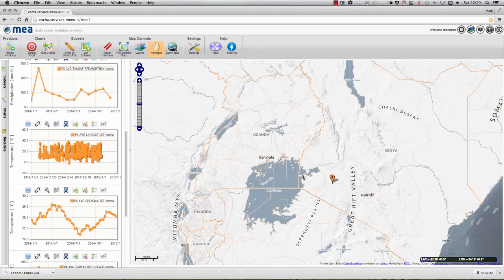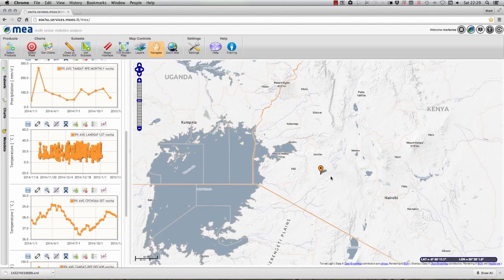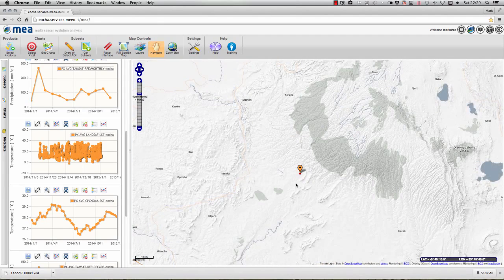In this example, Bomet is a town where tea cultivation takes place, and there are 111,000 people and only one hospital with 300 beds. So this is an area that I've been particularly interested in looking at, because the workforce is mostly agricultural in that area. And if you wanted to have a look at things like exposure to